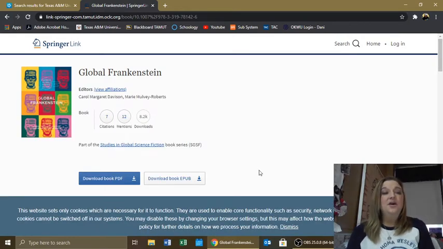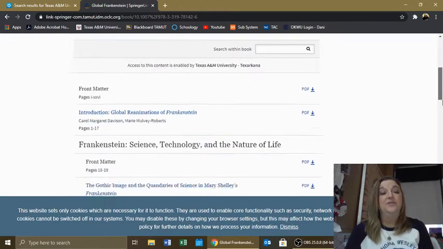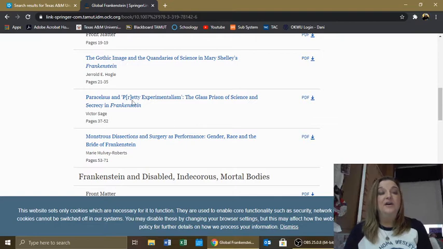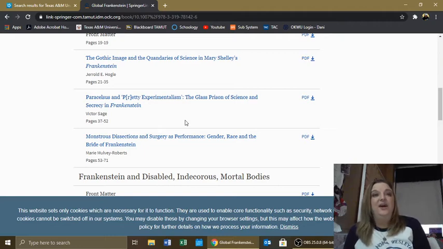All right, so I can download the PDF and go through this book. I'm not going to mess with that at this time. I can scroll down here and see what type of articles I have within the book. I will say you're not going to find an article that is going to tell you exactly what you want to say. Okay, I'm not going to find an article that's going to talk specifically about what I'm talking about,